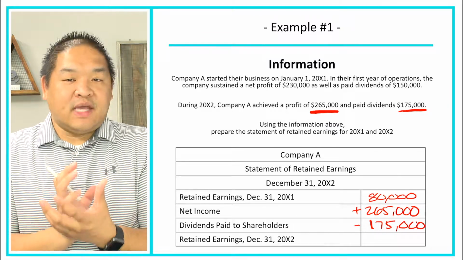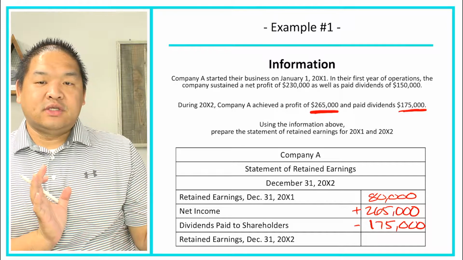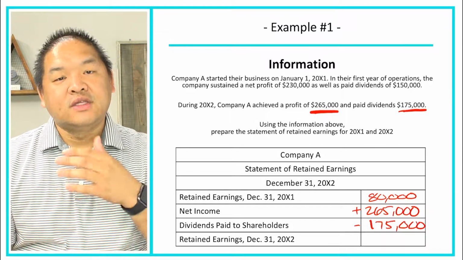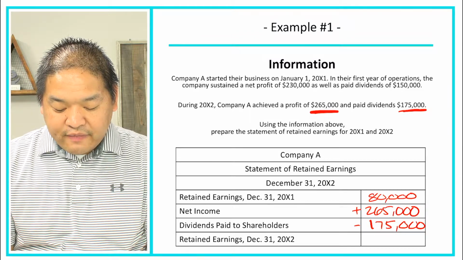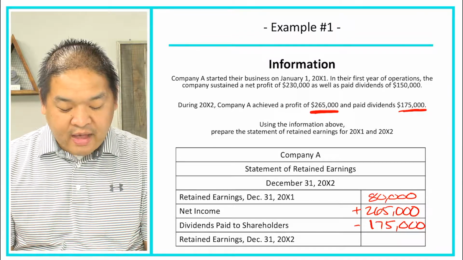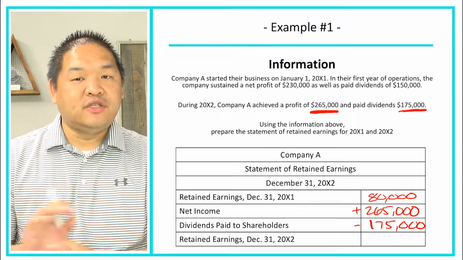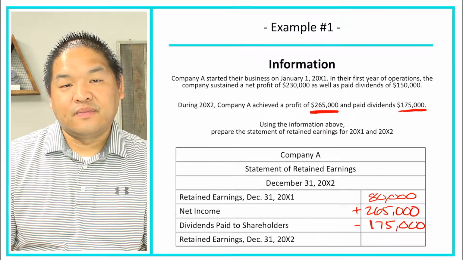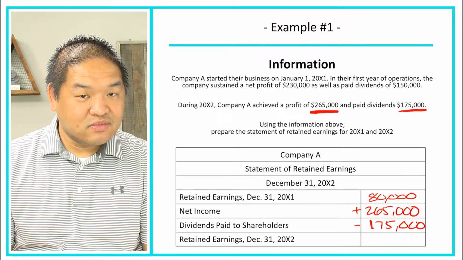Because we're no longer retaining those earnings, we're actually giving those to the shareholders, and if we're giving that to the shareholders, we no longer have it, so we need to subtract it. So we've got $80,000 plus 265 minus 175. If we do the math there, we should get